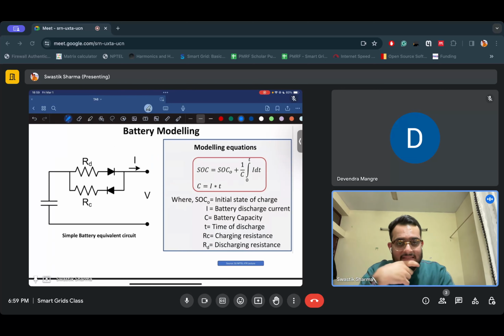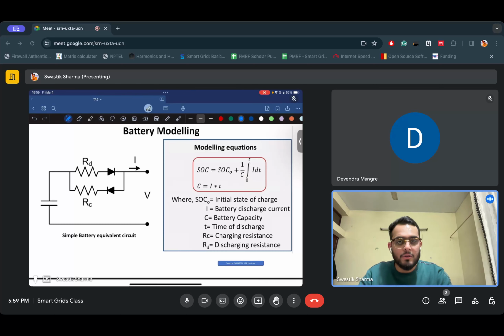So these are some basic terminologies which we discussed in week 1, week 2 only. Battery modeling also we discussed in week 2. You can refer to the YouTube lectures for week 2. It's just that the battery is modeled using an RC circuit. It is a first order circuit. Then if you increase the number of RCs,